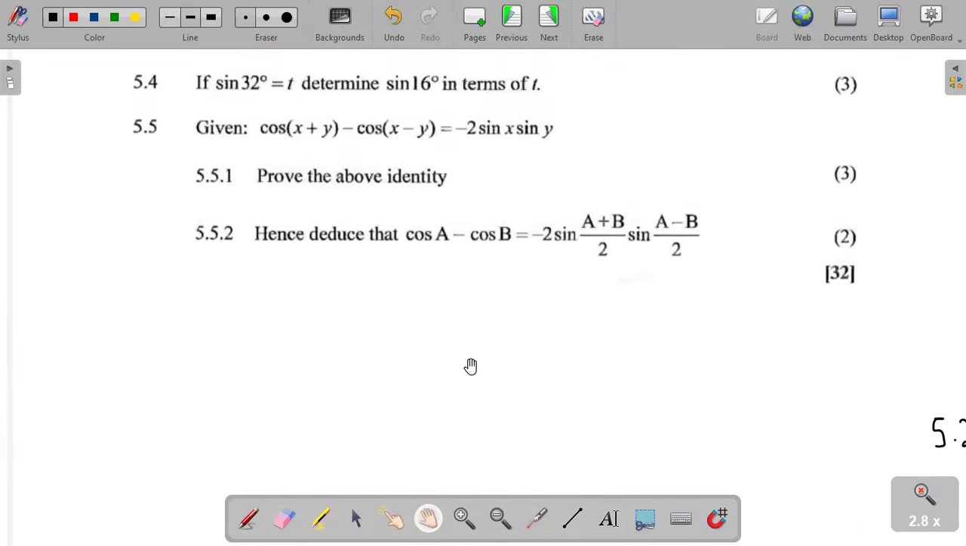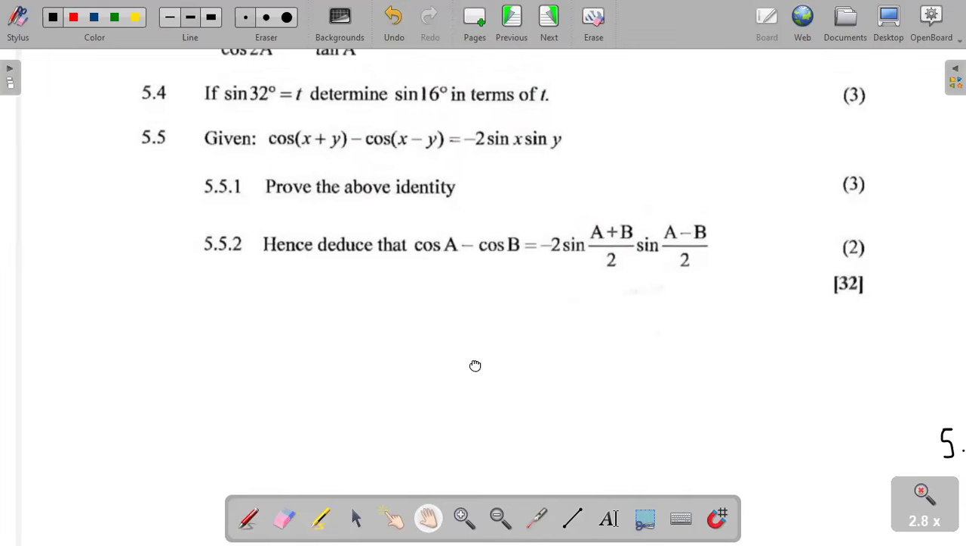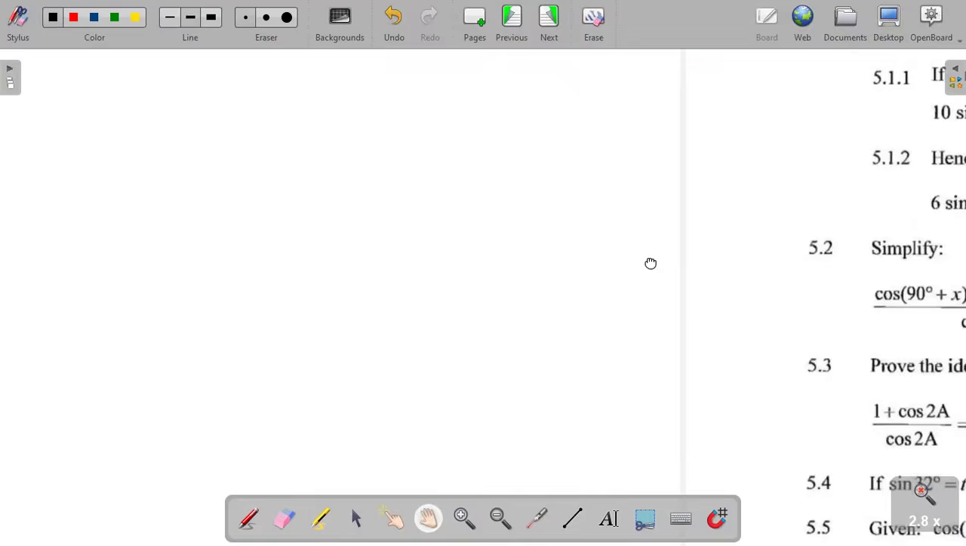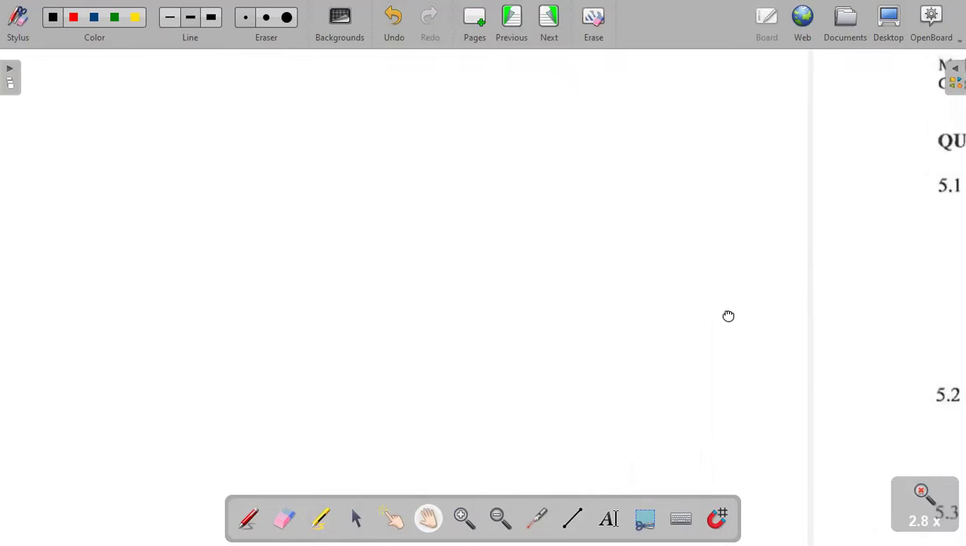Okay. So 5.5, let's go to 5.5. Now the left-hand side is going to be equal to